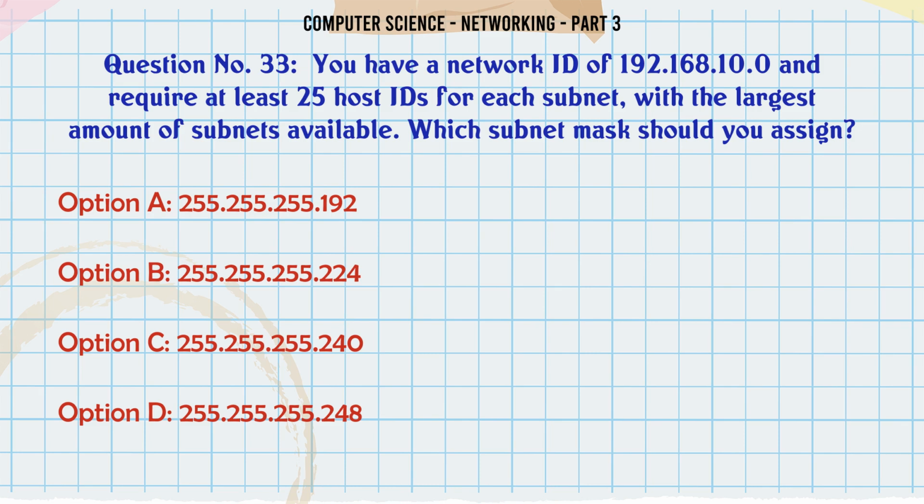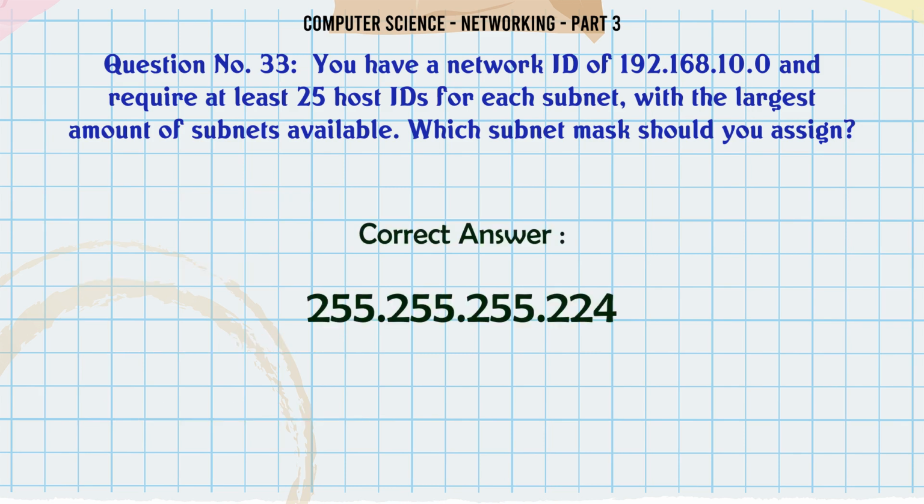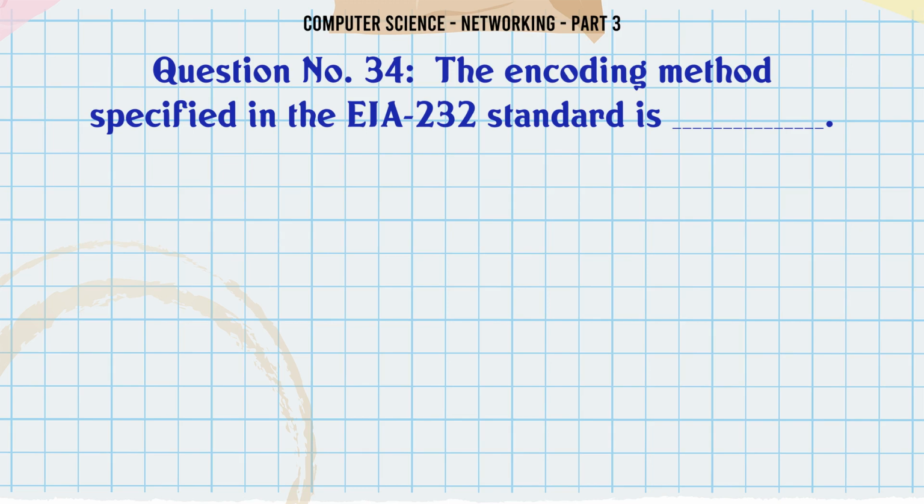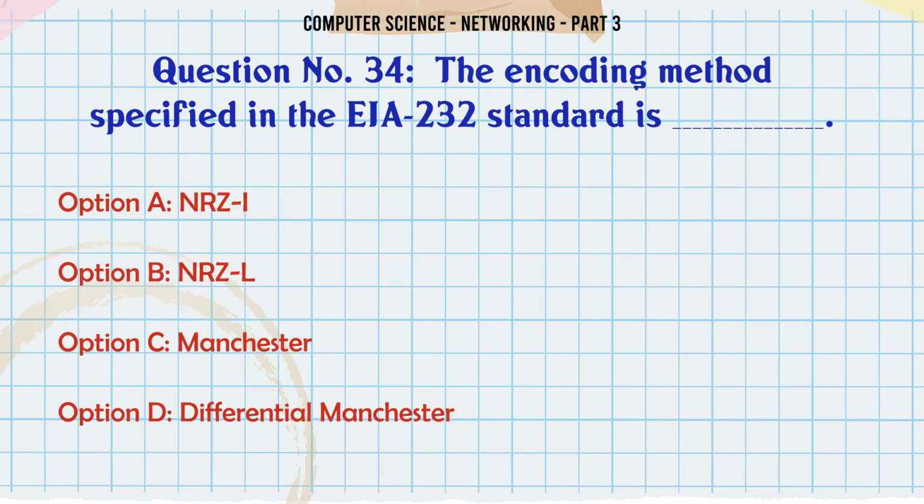255.255.255.224. C. 255.255.255.240. D. 255.255.255.248. The correct answer is 255.255.255.224. The encoding method specified in the EIA 232 standard is